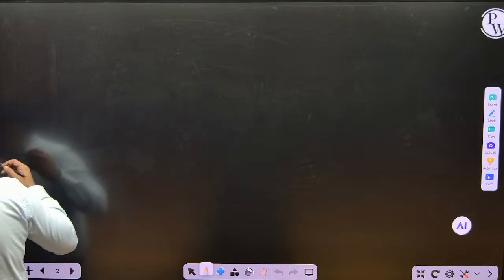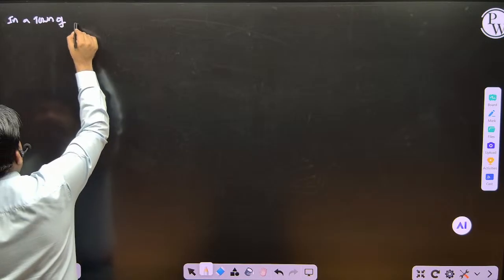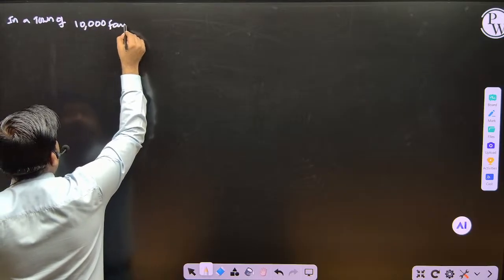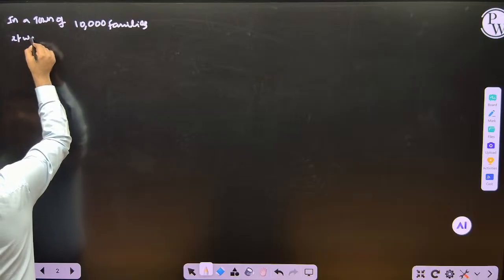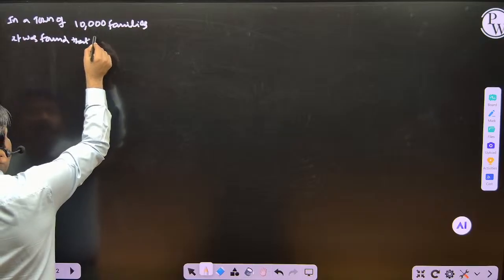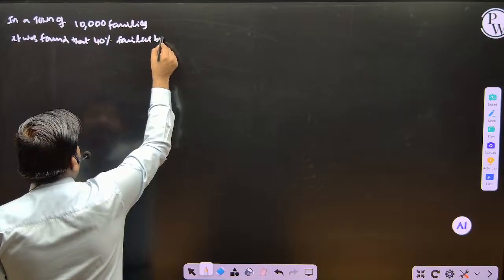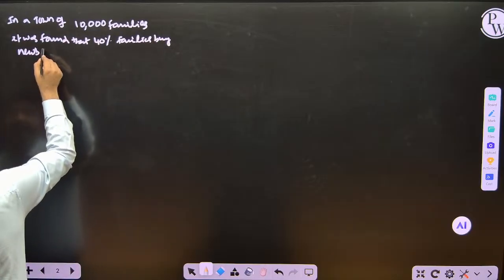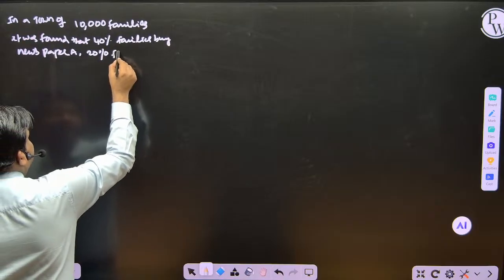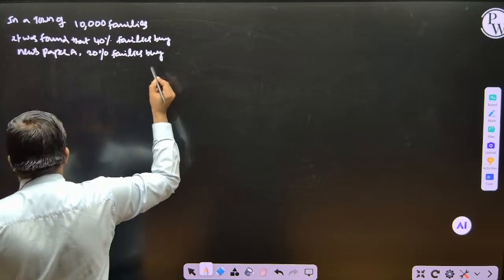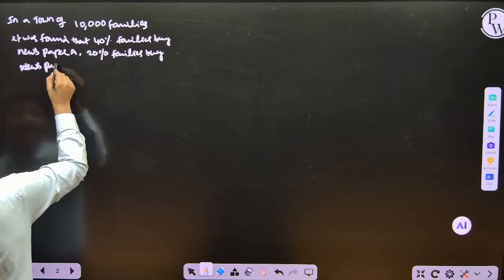Now you see, another question: in a town of 10,000 families, it was found that 40% of families buy newspaper A, 20% of families buy newspaper B,